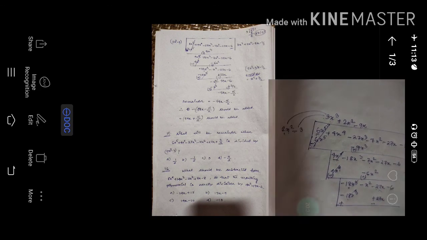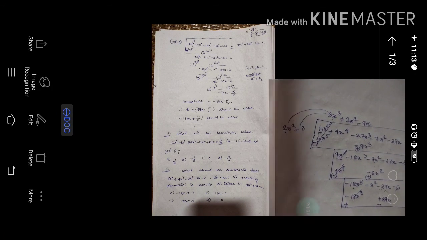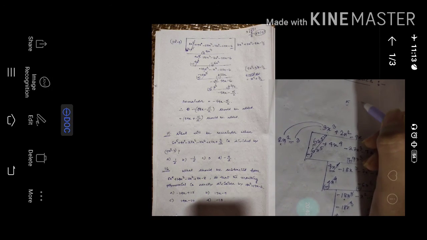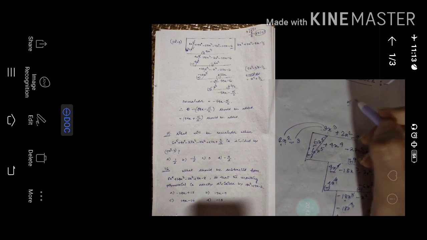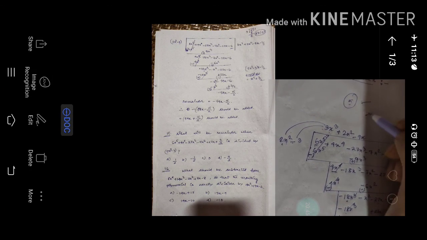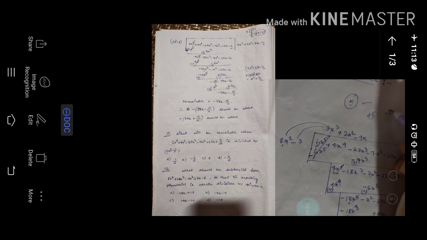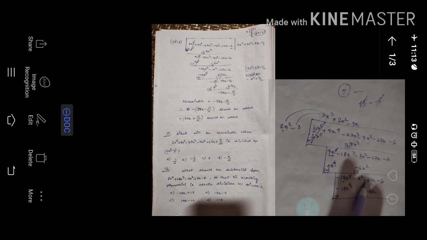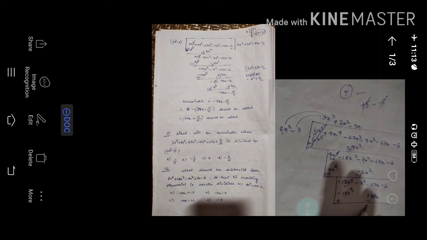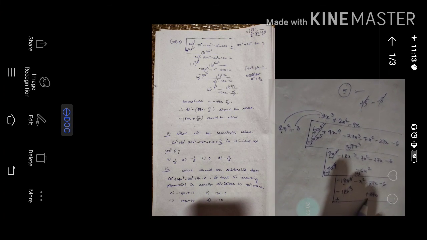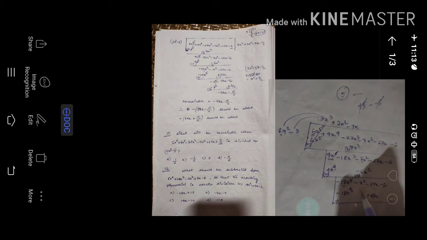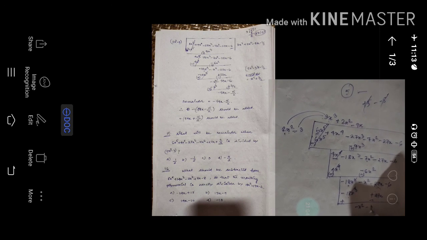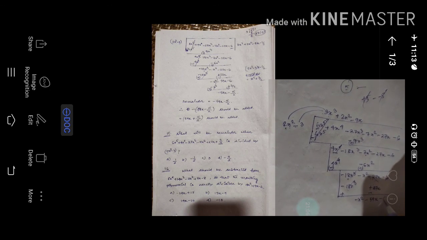Suppose from me you have taken 5 rupees and you gave that 5 rupees to another, then only you will get 0. One you have taken, then given. That means one should be plus, one should be minus, then only it will get cancelled. So in both the cases, here minus 27, here also minus 27, so you can't cancel. So what you have to do is addition. So minus x square, minus 27 minus 27, how much? 54x minus 6.